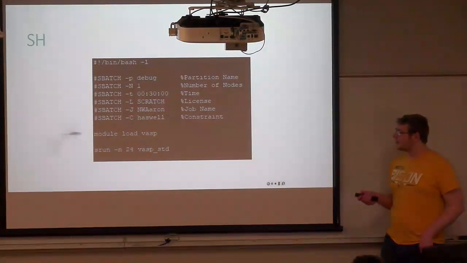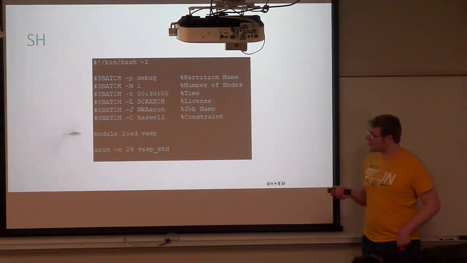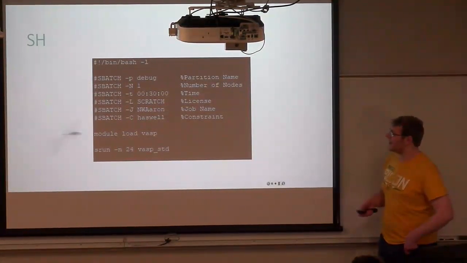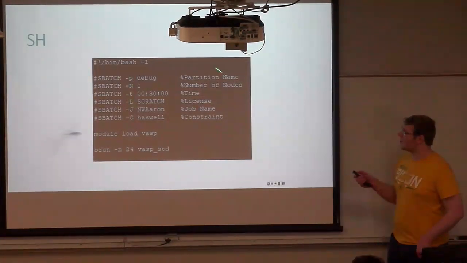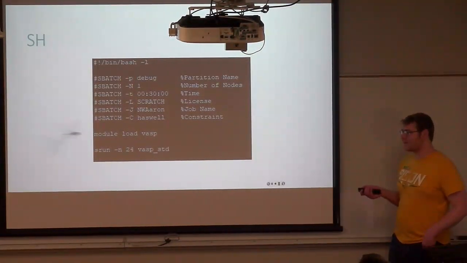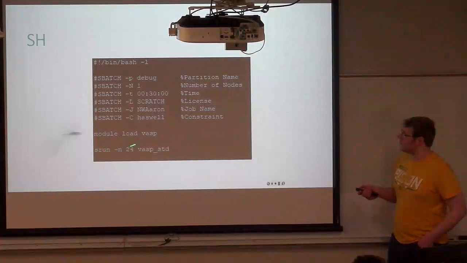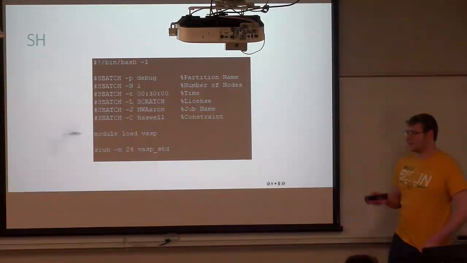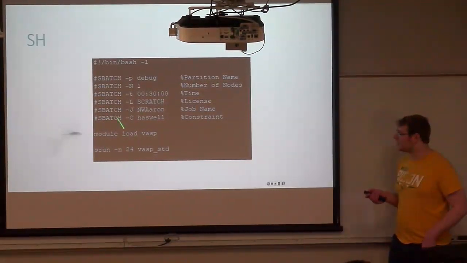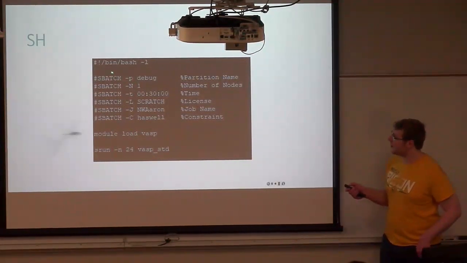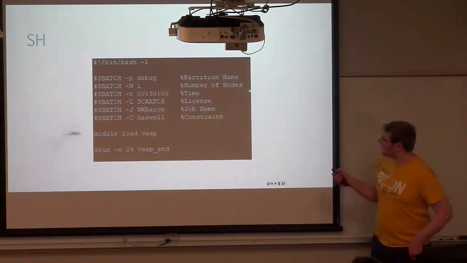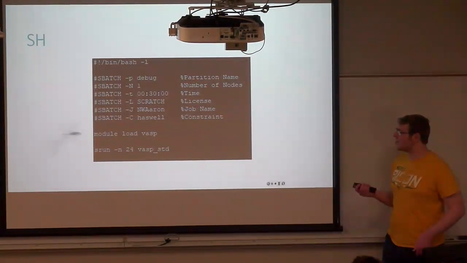So moving on to NERSC. In NERSC, they use SH scripts, and this is one of the files that Dimitri has on NERSC. So we have sbatch debug. This is the partition name or the queue name.